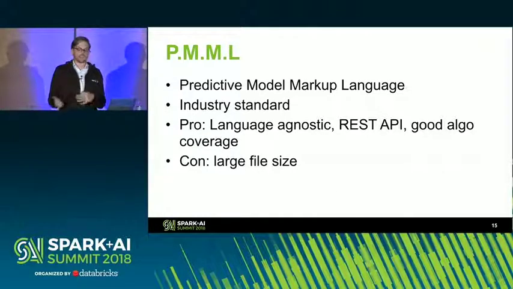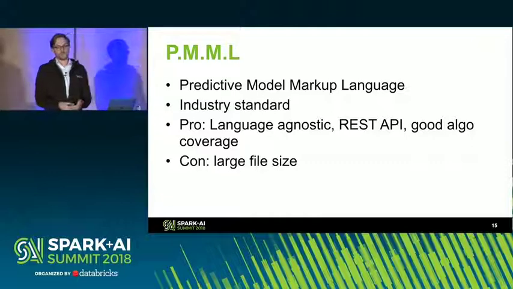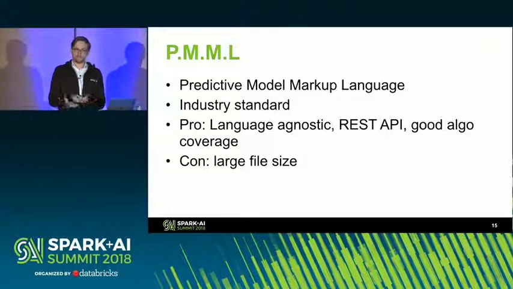The pros for using it is it's language agnostic, so we can create models in Python or Spark and then export them to PMML and therefore have the same functionality across those two. It works in, as I mentioned, a REST API microservice way, and it has very good algorithmic coverage. So if you did it in Python, you would use something like scikit-learn. You could be creating a logistic regression or a random forest there, then export to PMML. You would do exactly the same in Scala. So you would create your gradient boosted tree, export that out to your PMML, and have exactly the same functionality that you would have in Python.